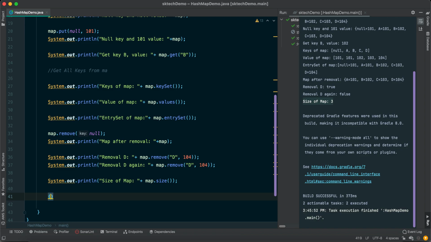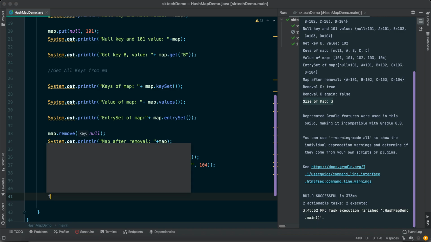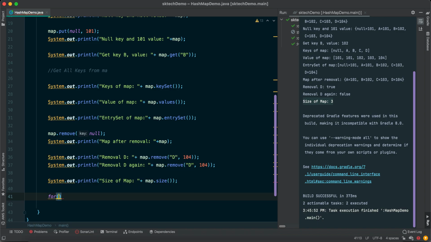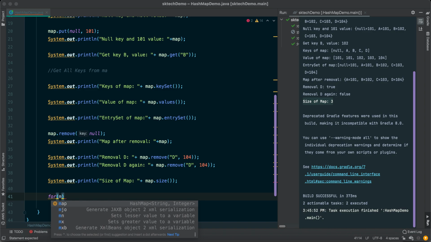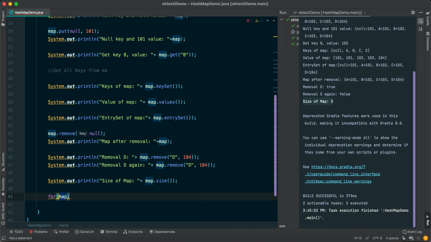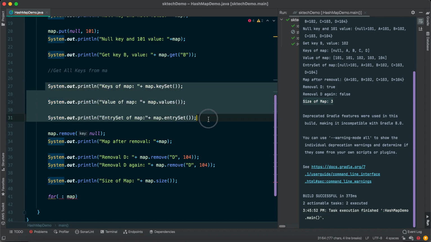So how can we use the for each method? Similar to any other collection, we need to provide the collection object, like map in this case, then a colon, and then what this map is going to return. First of all, this map is an object, and to iterate it, map has provided these 3 important methods.